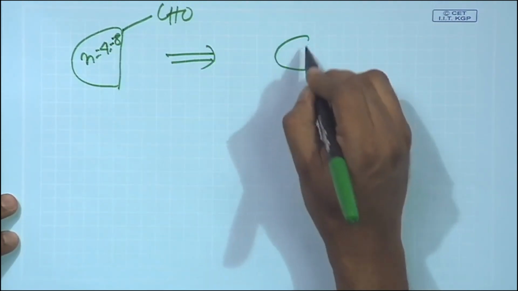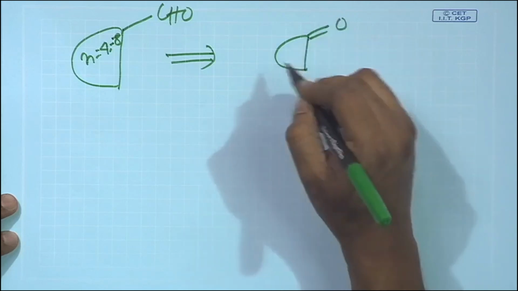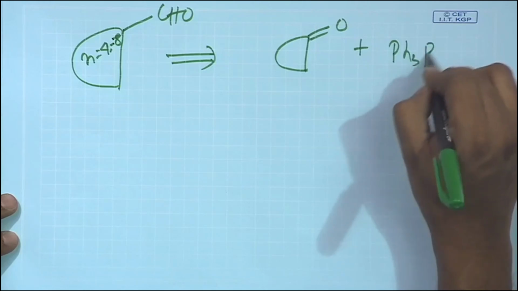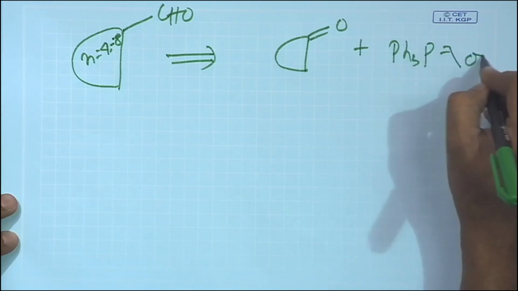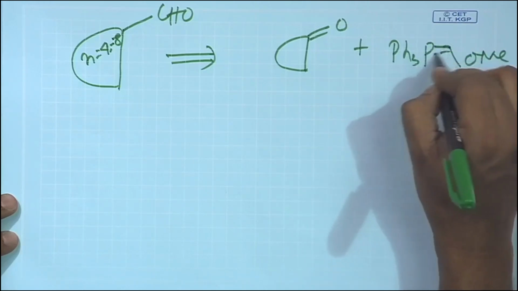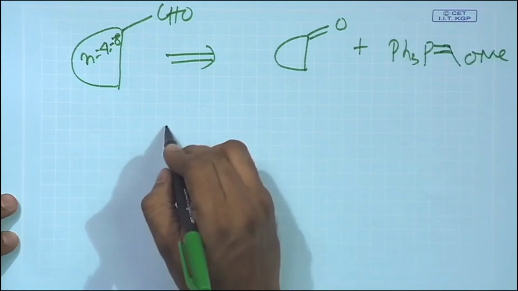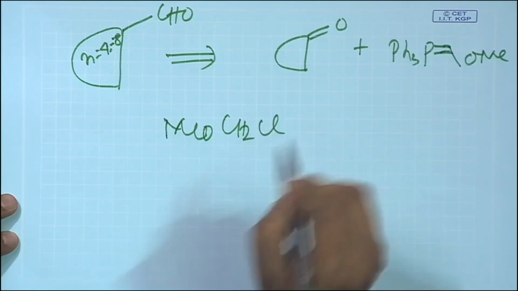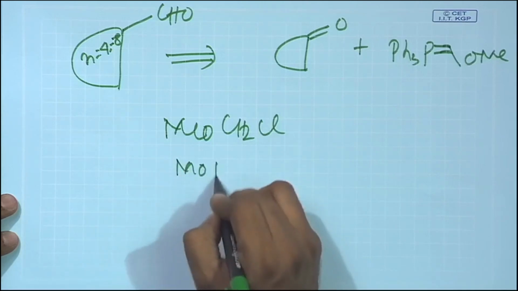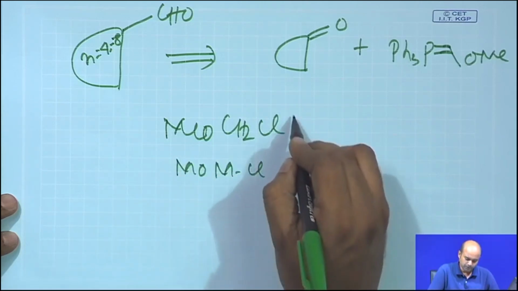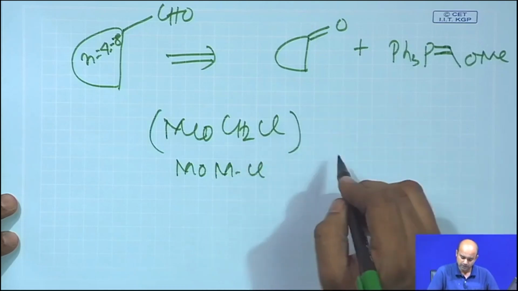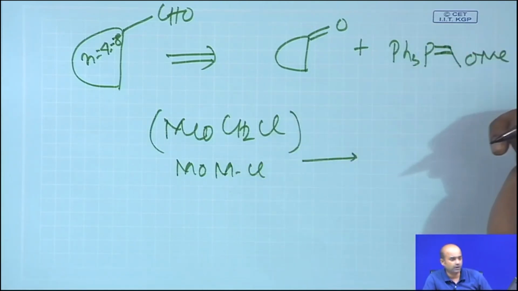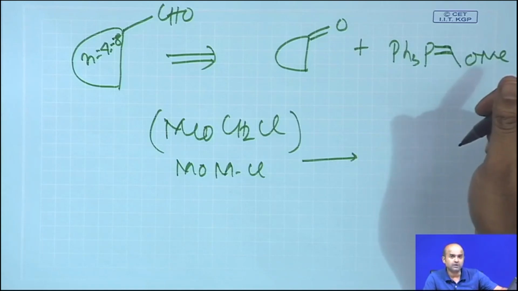You start with the corresponding cyclohexanone, which is very cheap, and then you use a Wittig reaction based on this kind of Wittig halide. Now, this Wittig halide is easily available, or you can even make it starting from a compound called methoxymethyl chloride, abbreviated as MOM chloride. So, this MOM chloride Wittig is a very nice way of introducing a carboxaldehyde group,